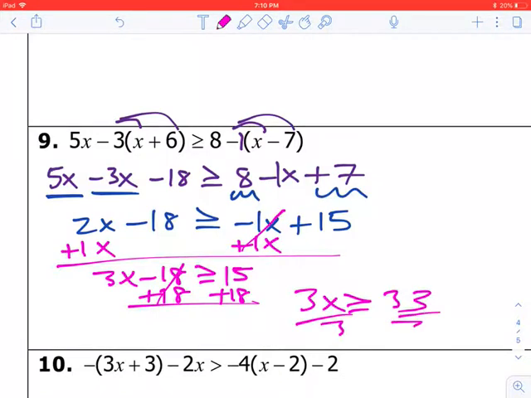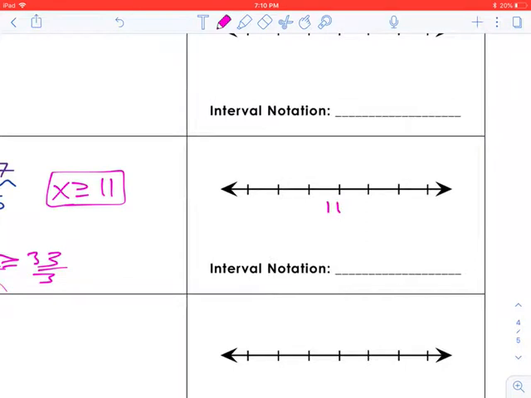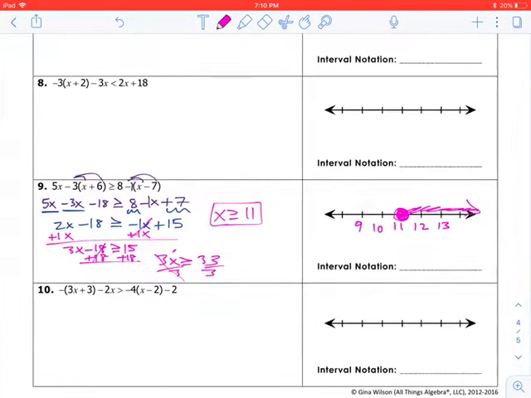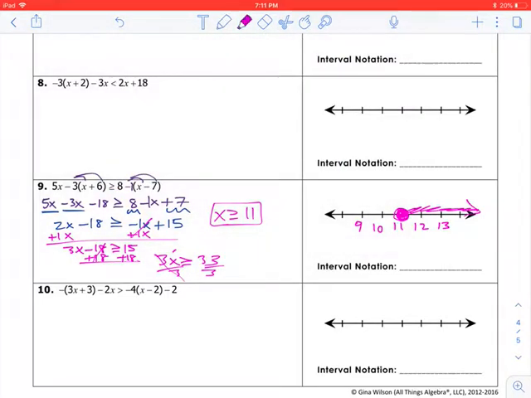So when I divide by 3, there we are. X is greater than or equal to 11. So when I have 11, 12, 13, 10, 9, I want to make it a closed circle since it's underlined, and we're going to the right. Okay? So anything you need to pause, go back to, make sure you do so,